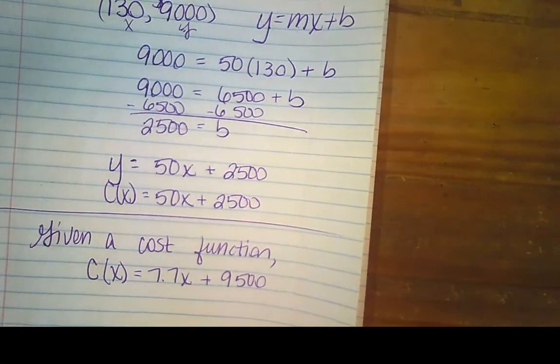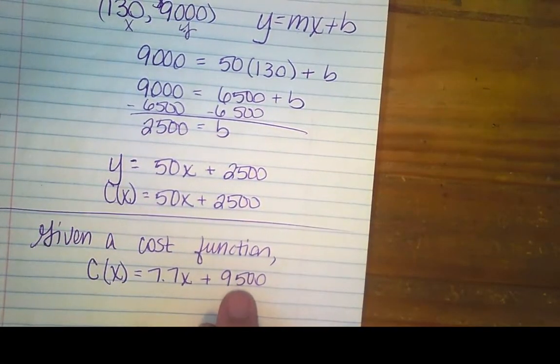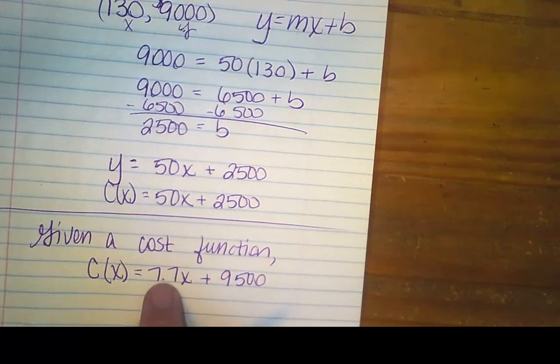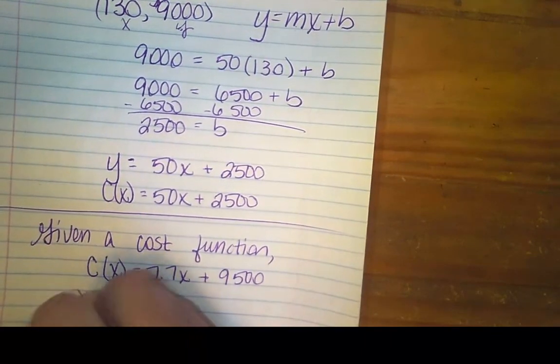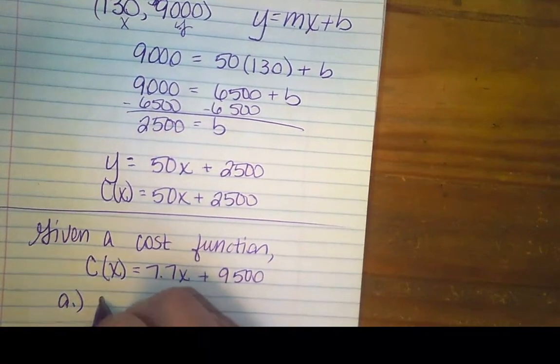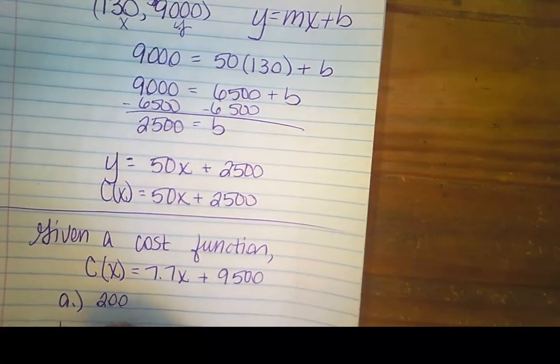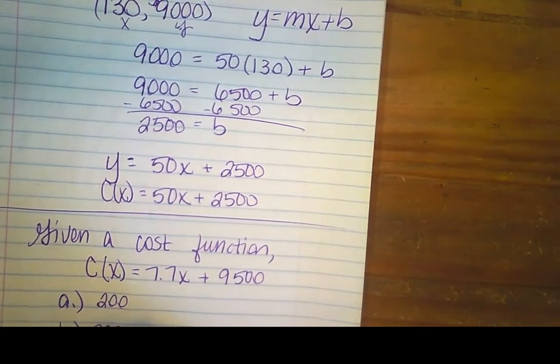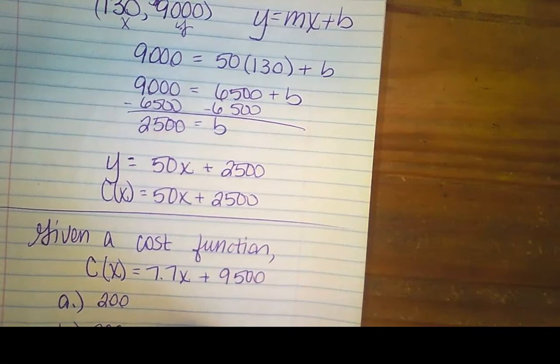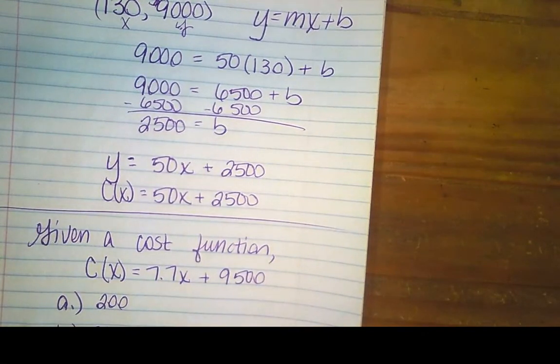Okay, so what does that mean in terms of a cost function? My fixed cost is 9,500. That's what I start with. It's going to cost me $7.70 per unit. So I would like to know three different numbers. If I produce 200 items, if I produce 2,000 items, and if I produce 5,000 items, what is my average